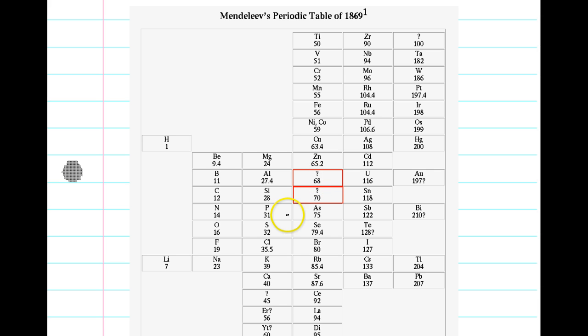The other problem with his periodic table was right here. You have tellurium with an atomic mass of 128, iodine with an atomic mass of 127. He placed tellurium before iodine, even though tellurium's mass was higher than iodine. And the scientists asked, how can you justify that? And what he said is that tellurium's chemical and physical properties were similar to selenium and sulfur and oxygen, and iodine's properties were closer to bromine, chlorine, and fluorine. So to him it made sense to just flip-flop them. But without any proof, the scientific community really didn't buy it.